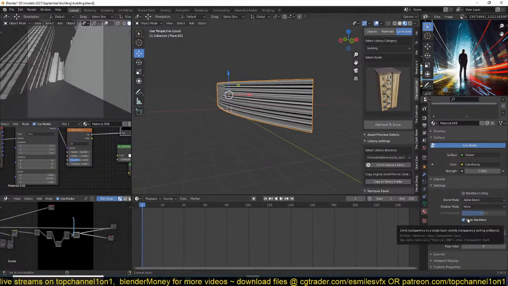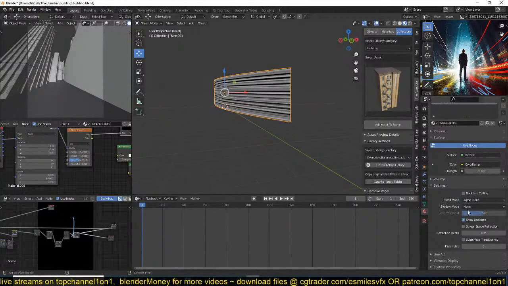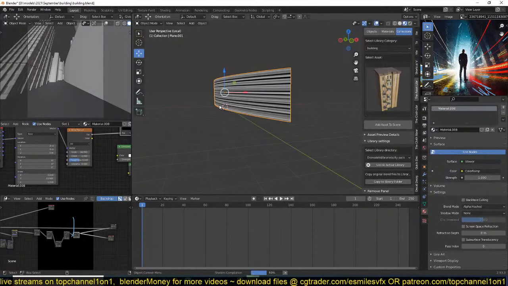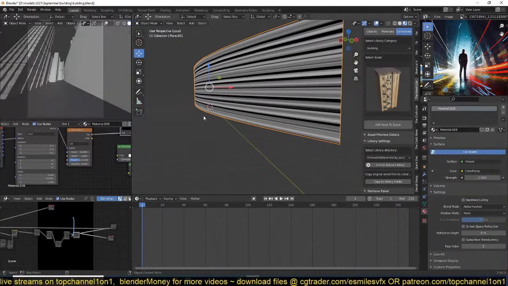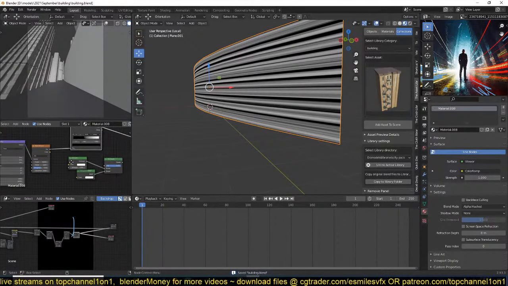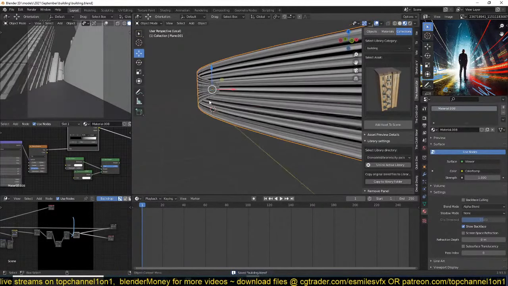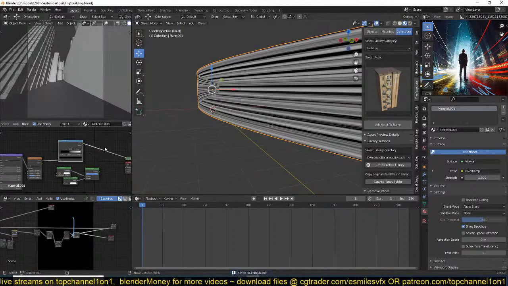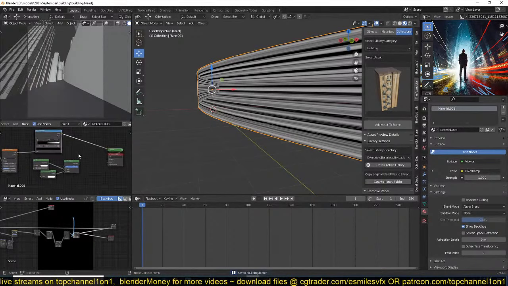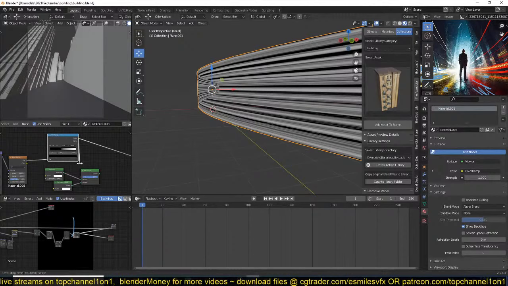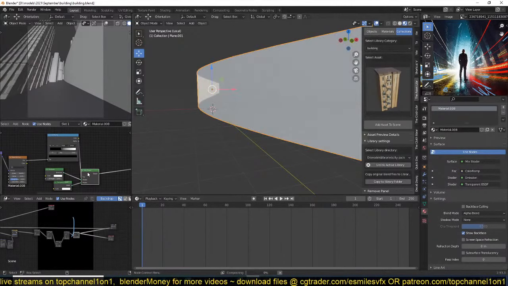And I can turn off show back face. Actually, we want to see show back face. I can even use alpha hashed, which usually gives you better results. No, alpha blend gives you better results, but sometimes acts weird. Anyway, I want to use this as the line streaks there. So this is going to be our mix factor. Now we can play with the alpha channel